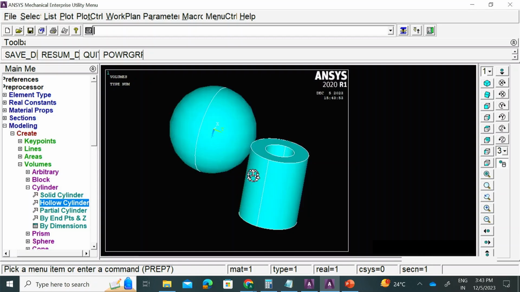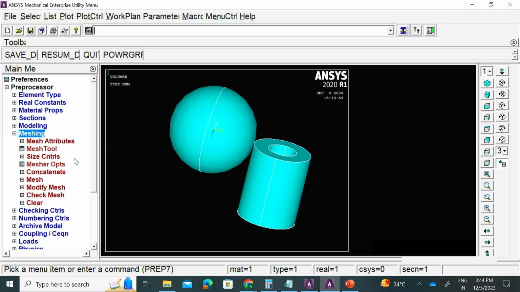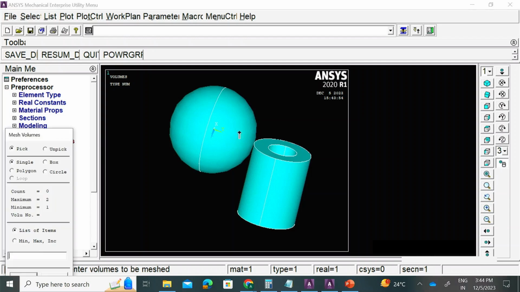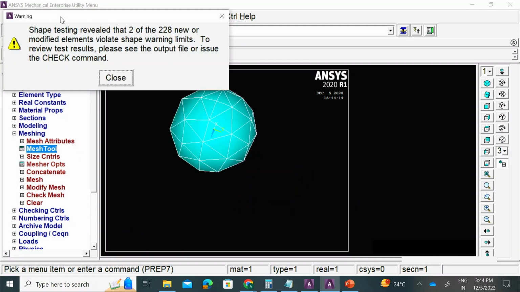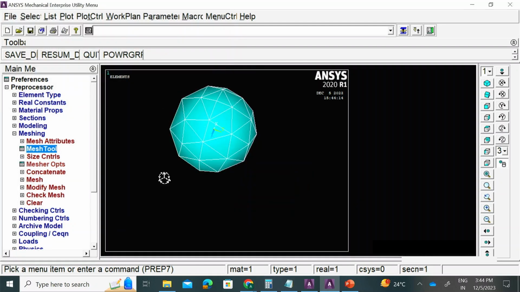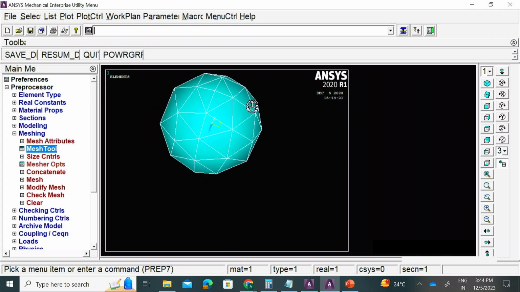Before we can do anything with the contact pair, what we'll have to do first is assign the meshing, right? So let's conduct the meshing. The mesh tool, I'm going to set this to, by default, material number 1, right? So let me assign material number 1 to the hollow sphere. There is some warning, of course, but we can see very well that the meshing is not very nice. It's large elements, and you would see this not as an exact sphere. It has some edges, and there are some rectangular edges on the end,